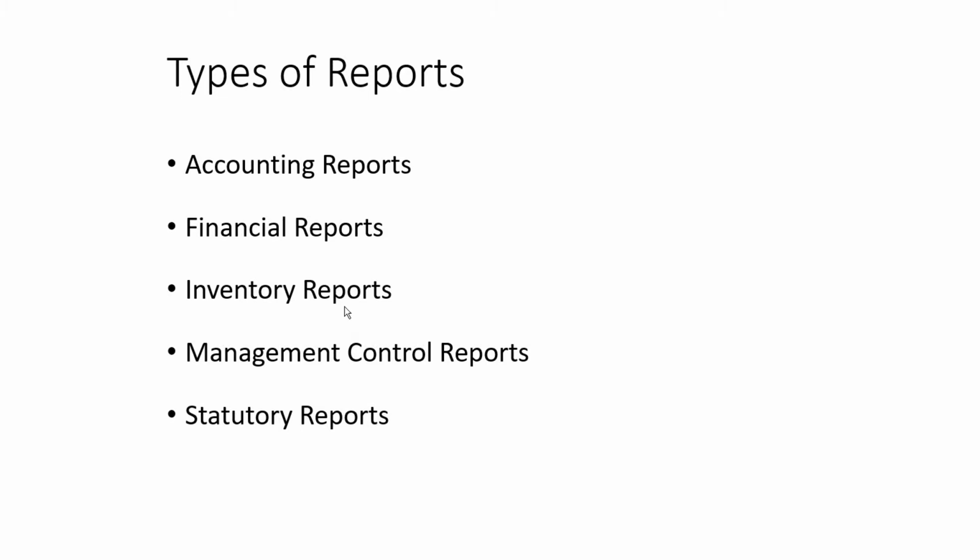The next one is regarding the inventory reports. In case of inventory reports, these are required to manage the inventory. In the same way, we will come to know even the actual status of the stock items also. And some of the statements which come under the inventory reports are stock summary, sales order summary, purchase order summary, stock query, aging analysis, etc.